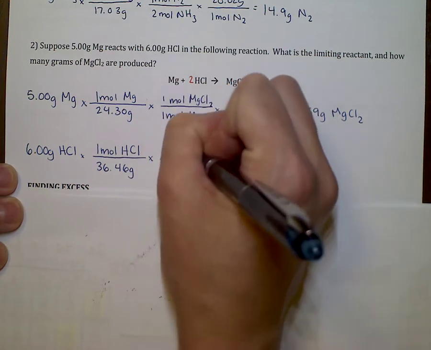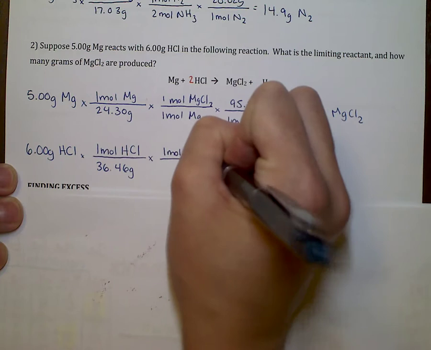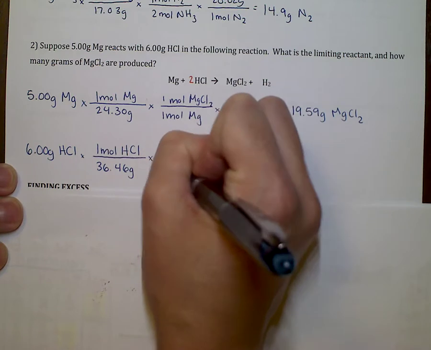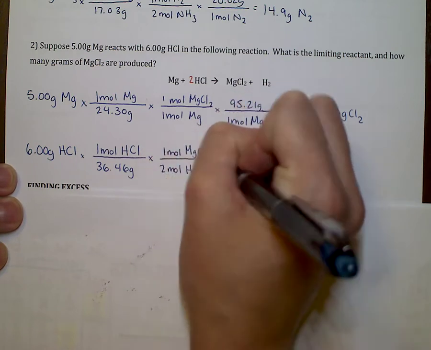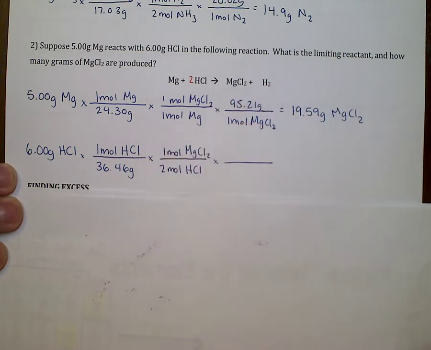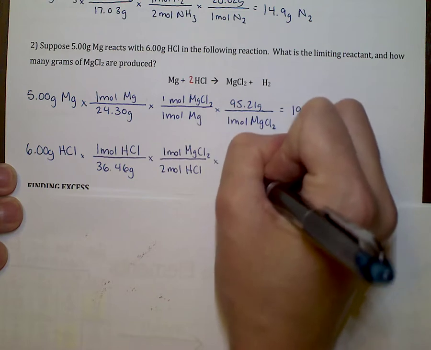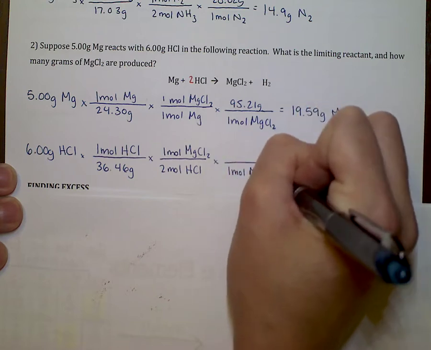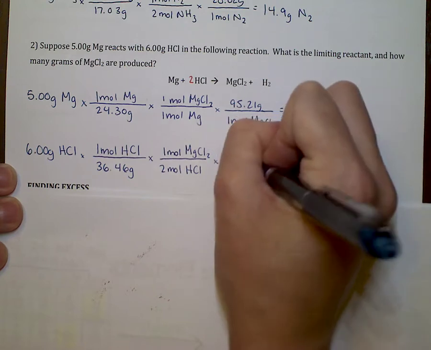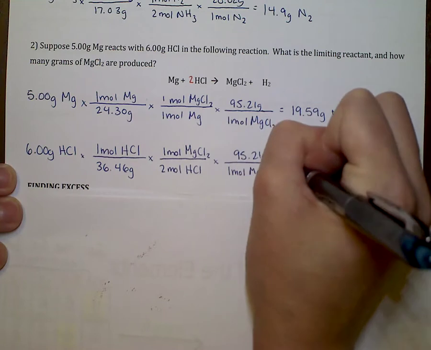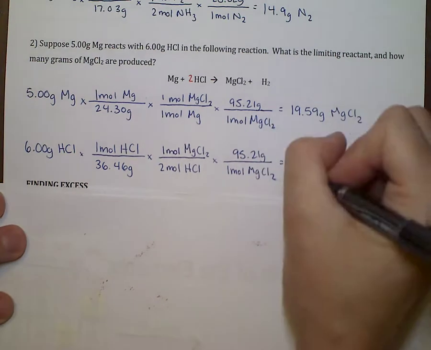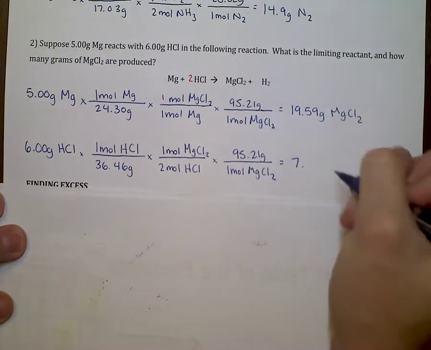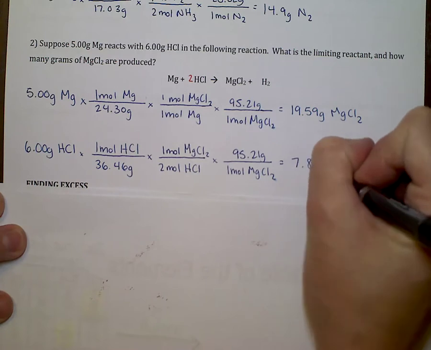Remember, it's want over have, so MgCl2 goes on top. And again, we want to get into mass, so 1 mole MgCl2 goes on the bottom and 95.21 grams goes on top. If you crunch the numbers, we get a way smaller number, 7.83 grams